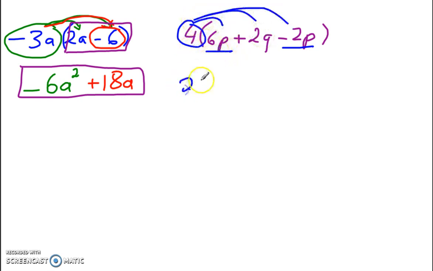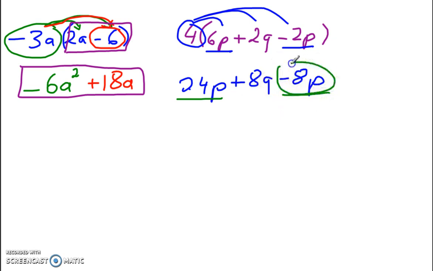4 times 6, 24p. 4 times 2q is 8q. Minus 4 times 2p is 8p. Now, combine like terms. We've got 24p and minus 8p. Now, careful. The sign in front of the number goes with the number. When I circle that, I'm including the negative sign. So now when I combine these two, that gives me 16p